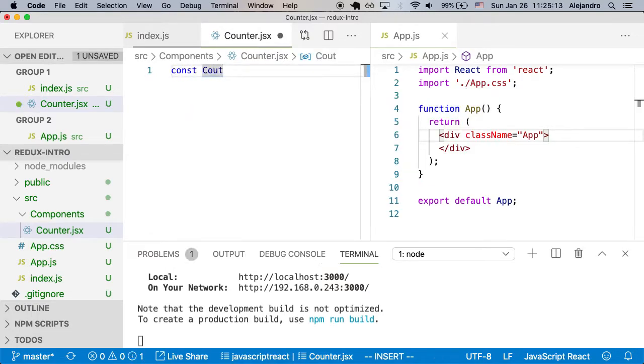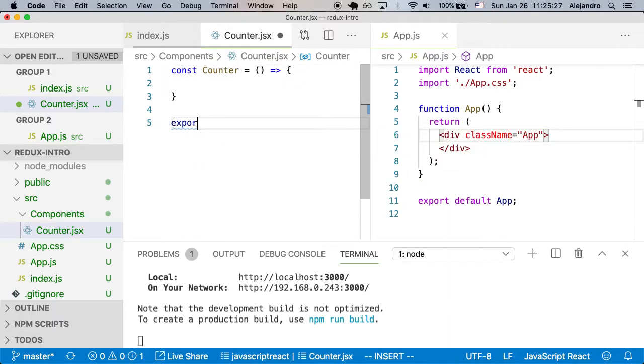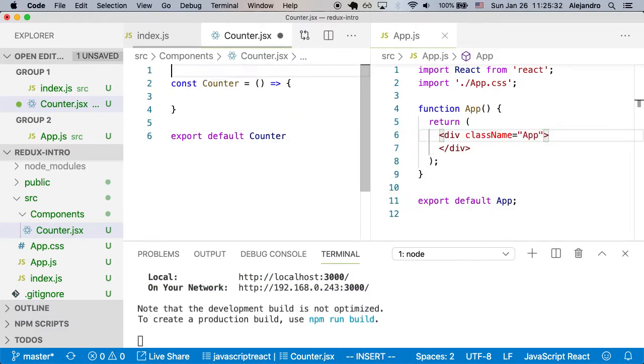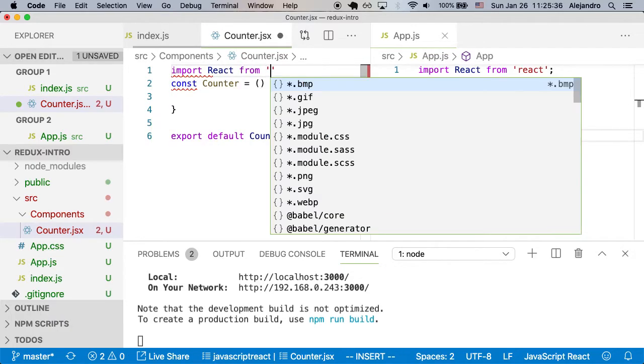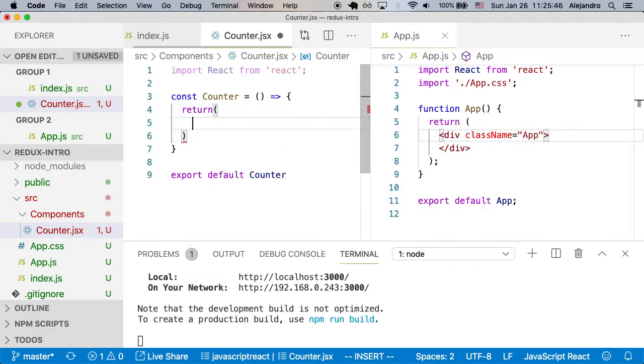Let's do counter. Oops. Counter. Export it. Let's export it. There's import as always React from React. And counter very simply is going to return a div